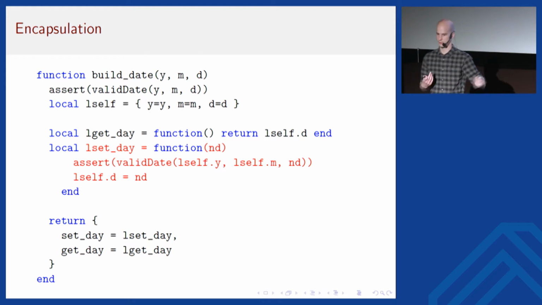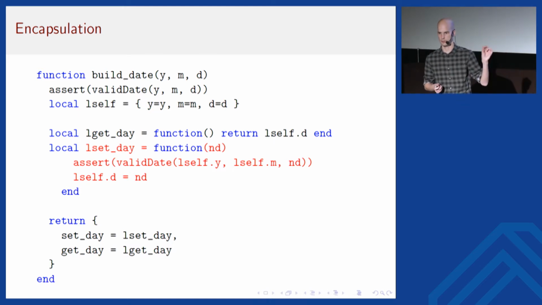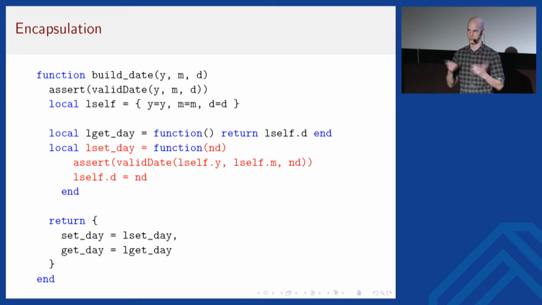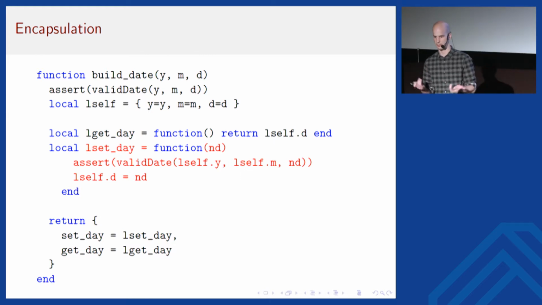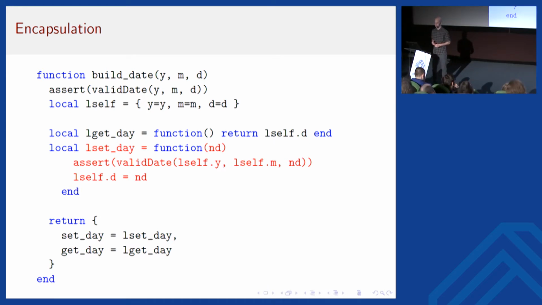And now, as you notice, what we give out to the user is just a table with 2 functions. And the actual data only lives inside the closure of those functions. So it's perfectly encapsulated. And we don't actually need to introduce something like a private keyword to do this. This just comes naturally from the properties of tables and functions in Lua. So it's quite a neat example of how this design philosophy works in practice.